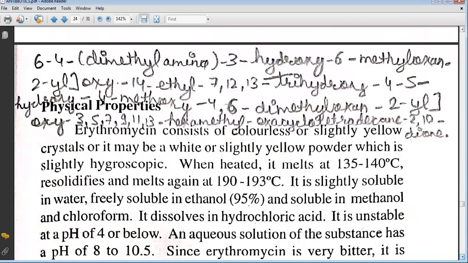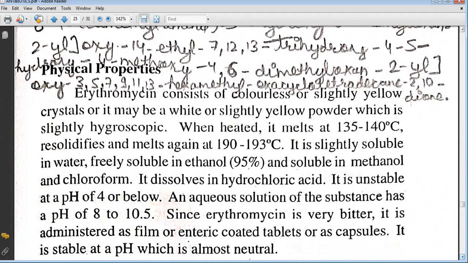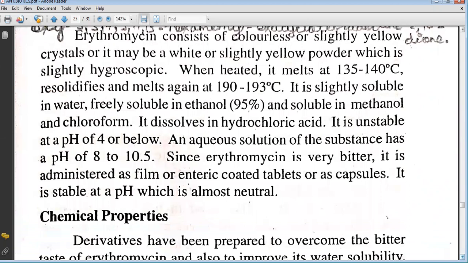Its nomenclature includes 6,4-dimethylamine, 3-hydroxy-6-methyloxine, 2-yl-oxy-14, ethyl-7-toluene, dihydroxy-4,5-hydroxy-4-methoxy-4-dimethyl-oxane, 2-yl-oxy-3,5,7,9,11,13-hexamethyl oxacyclotetradecyl 2,10-diene. Erythromycin consists of colorless or slightly yellow crystals, or it may be a white or slightly yellow powder,